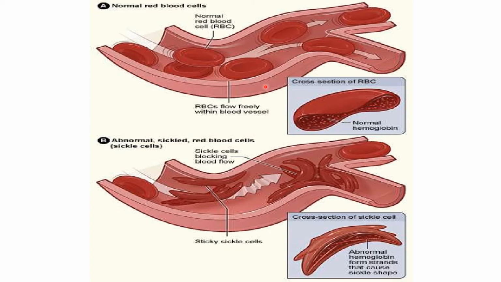So normally RBCs are round in shape. They can easily pass through the blood vessel and adjust the shape according to the diameter. When the RBC becomes sickle in shape, they attach or adhere to the wall of the blood vessel or endothelium, and they cannot adjust their shape since they are inelastic, and they clump there, obstructing the blood flow to the body part.